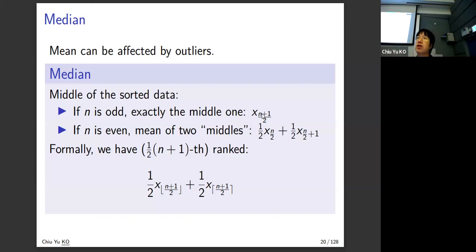But when you have an even number, what's the middle? Suppose you have 4 observations. What's the middle? Or even more extreme, you have 2 observations. Where's the middle? Okay, there's no way to tell what's the middle. So usually what we do, we just take the average of the middle two, right? So that is exactly halfway of the middle. Because when n is even, right, for 4 the middle is 2 and 3. Is that clear why we have this formula?